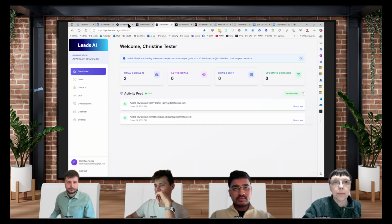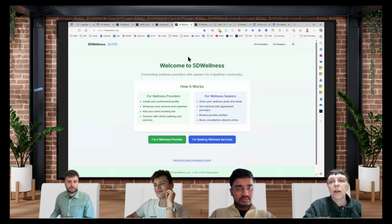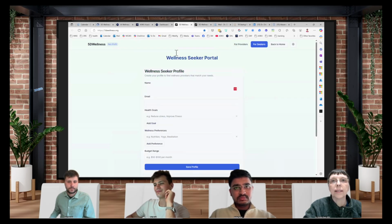This is the existing website with the tools. This is a dashboard of the lead generation AI tool. And this is the dashboard of the connector, connecting, and it actually works. Wellness providers can enter the profile, seekers can